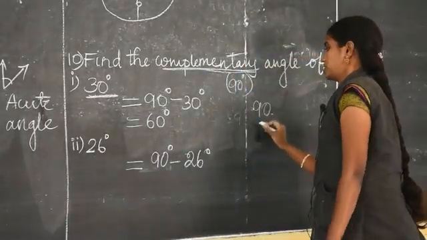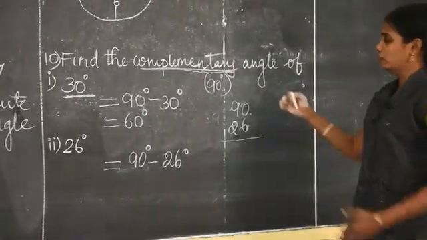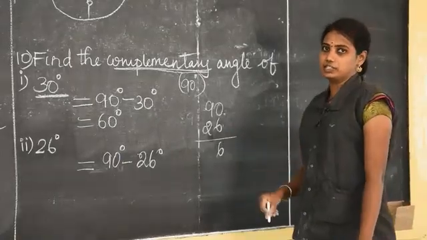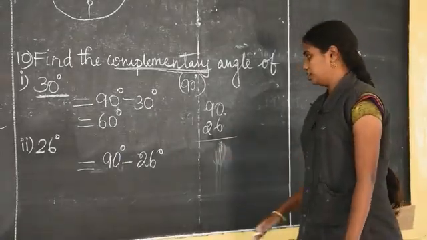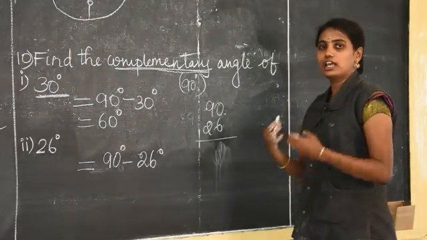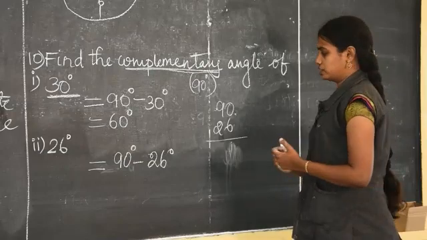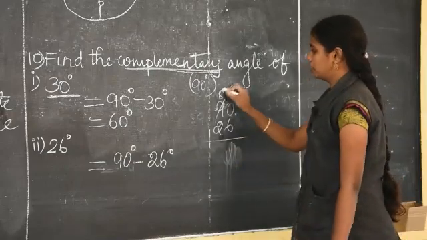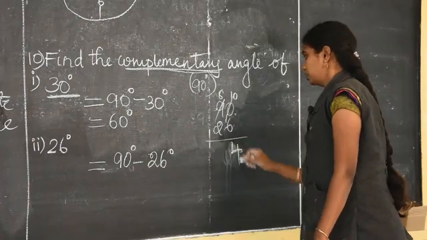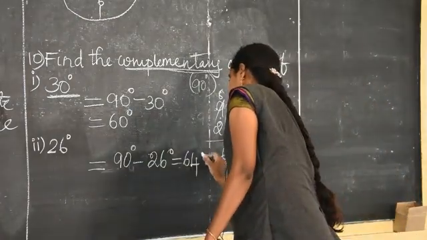Subtract properly, 90 minus 26. You will always have confusion when you go from 0 to 6. Many people write it as 6. Okay, it is wrong. When you don't have anything, how will you give 6? You don't have money at all, how will you give the 6? You will borrow and then give. So you must borrow from here. 8, 10. 10 minus 6, 4. 8 minus 2, 6. Answer is 64 degrees.